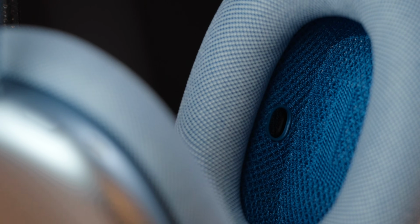Now, as far as the controls go, one of the more interesting things to me about these headphones is they will actually not activate or connect if you put them on backwards. There's a right and a left side. And somehow, it's beyond me how Apple has done this, somehow they know if they're on backwards, if the left side is on the right side of your face. That's pretty nuts, but somehow they know,